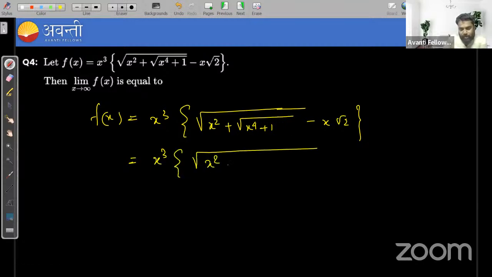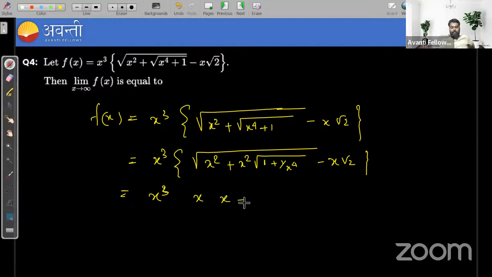So this becomes x square plus, we take x to the power 4 as common from this root, and root 2 will come with x square. So this will be 1 plus 1 upon x to the power 4 minus x into root 2, right? And if we take x square as common from under the root to the outside, we will be taking x. So x into x into 1 plus